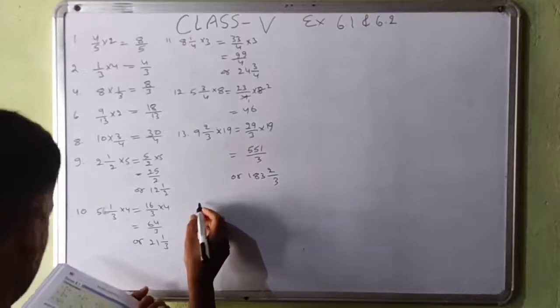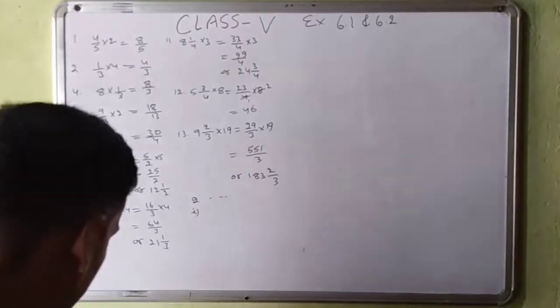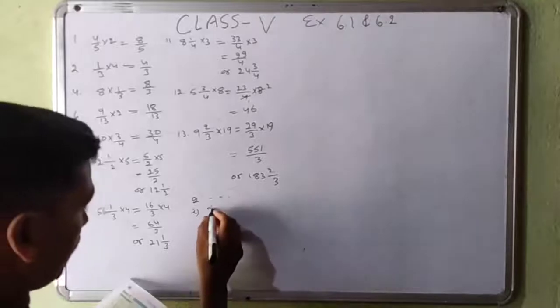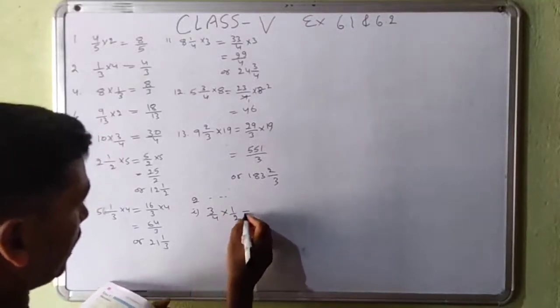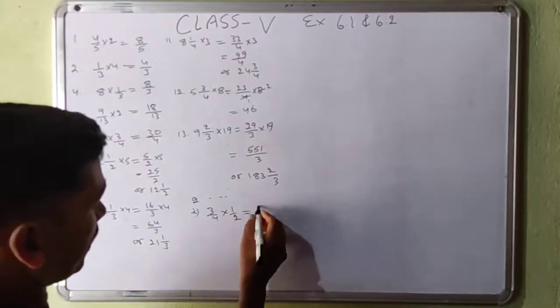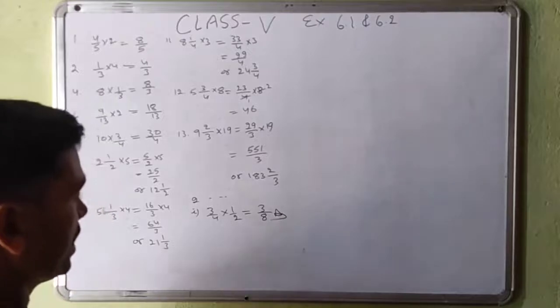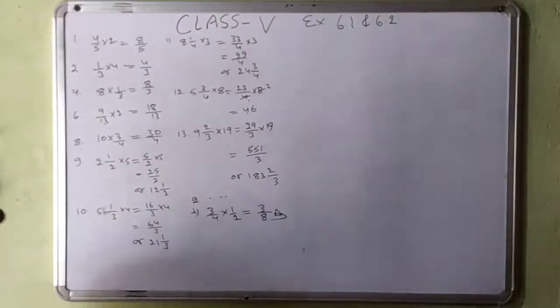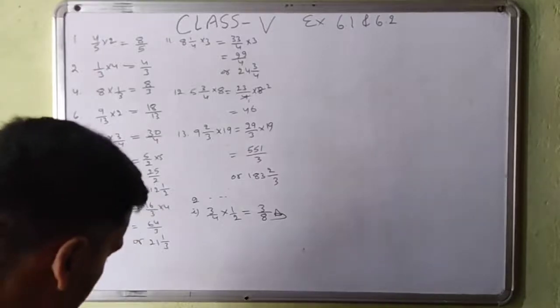So second question, first part, 3 upon 4 multiplied by 1 upon 2. So that will be 3 1s are 3 upon 4 2s are 8. This will be the answer. Numerator multiplied by numerator, denominator multiplied by denominator. And the second part is,